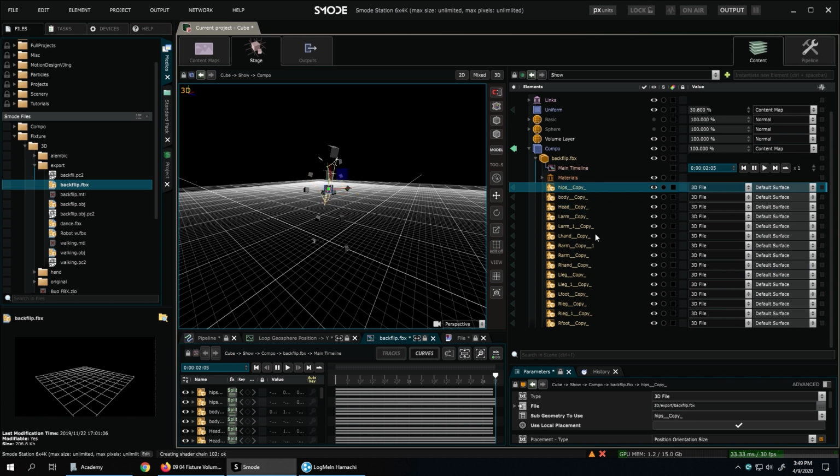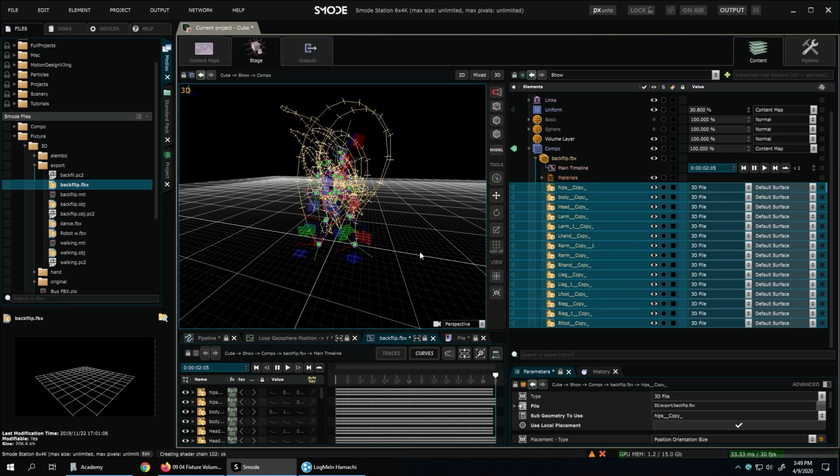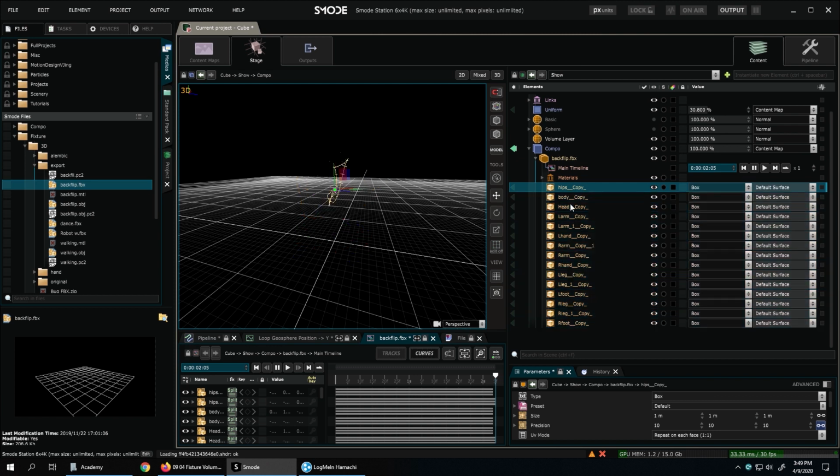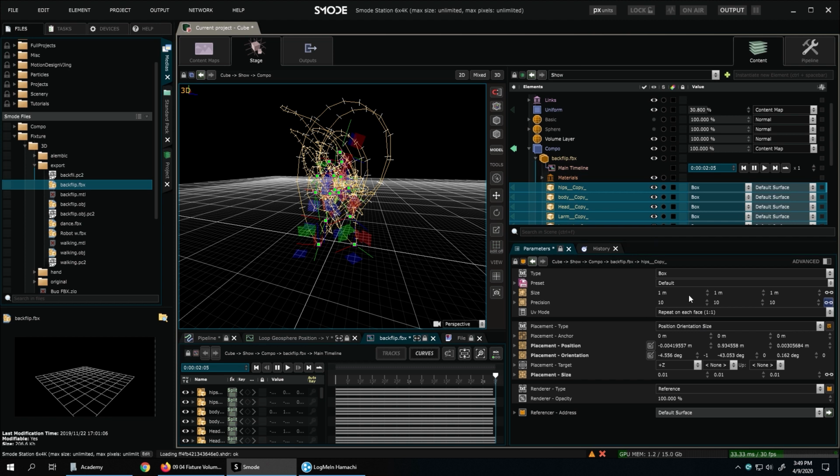So O2 has all these cubes inside the volume layer. So we can select all of them and change the 3D file into the parameter which we want. So let's take the box, and now it's primitive prompts mode, so it will work inside the volume layer.